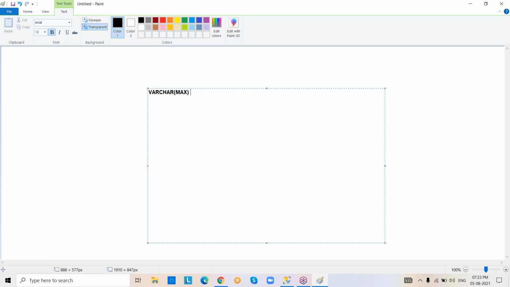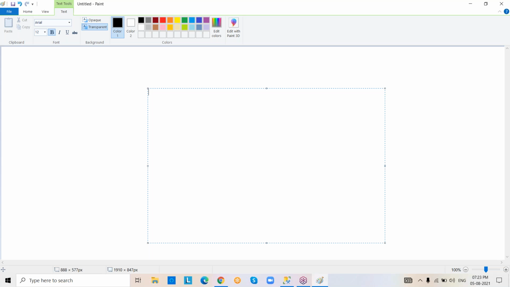Variable length character data only, but max size, so unlimited size can be utilized. Generally, that type of requirement is a rare case only. But still, if you have the requirement, then you have to fulfill it, right? Am I right or not? That's why we are going to work with these data types. Okay, so these are the data types we have in SQL Server to store character data.